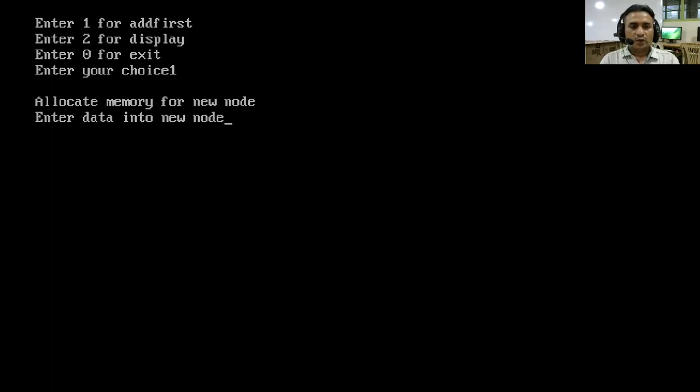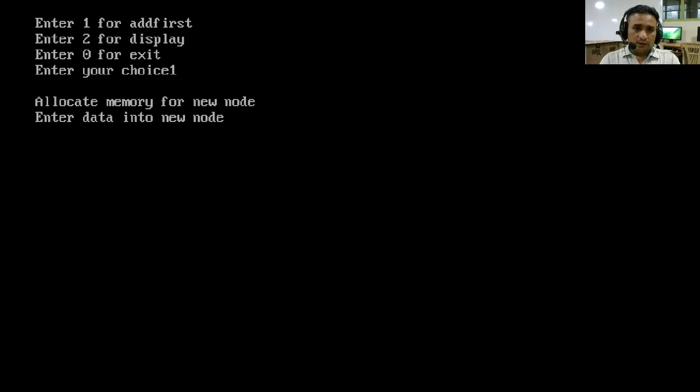Now I want to add a new node at the first position, so we enter 1. A message is showing: allocate memory for the new node and enter data into the new node. So I am entering 100. Again a message is showing multiple options: you want to enter a new node, display the linked list, or exit.